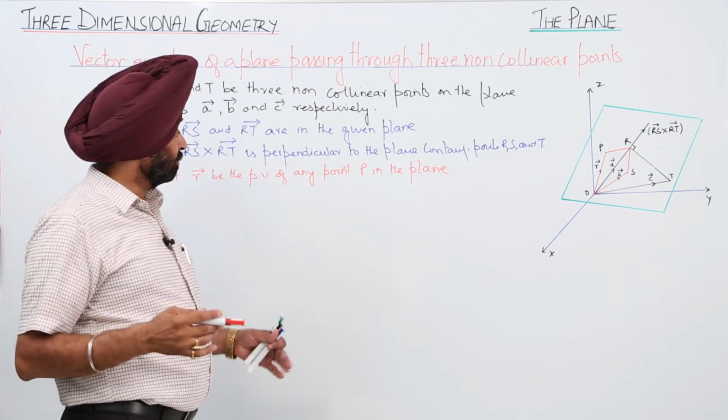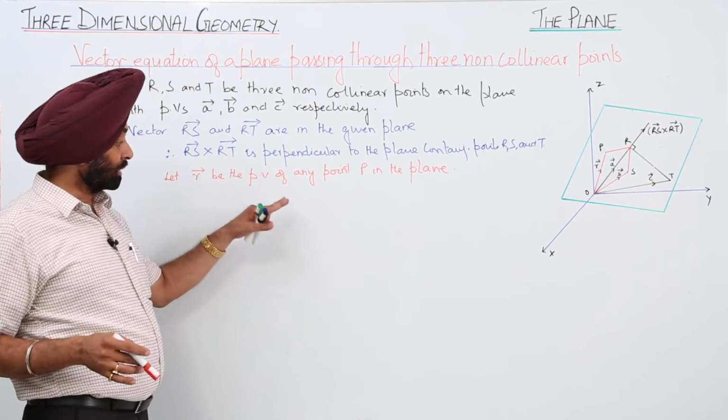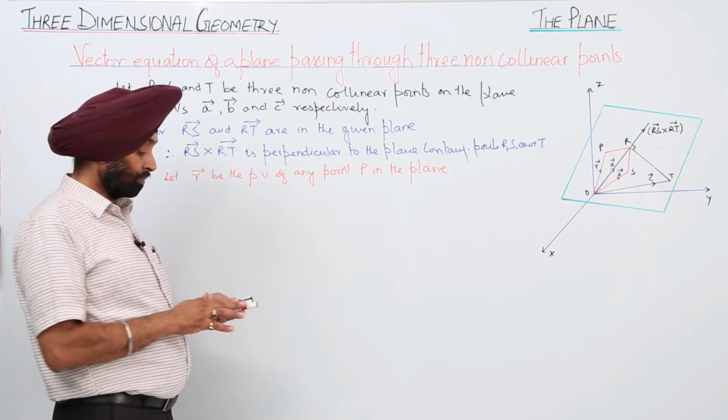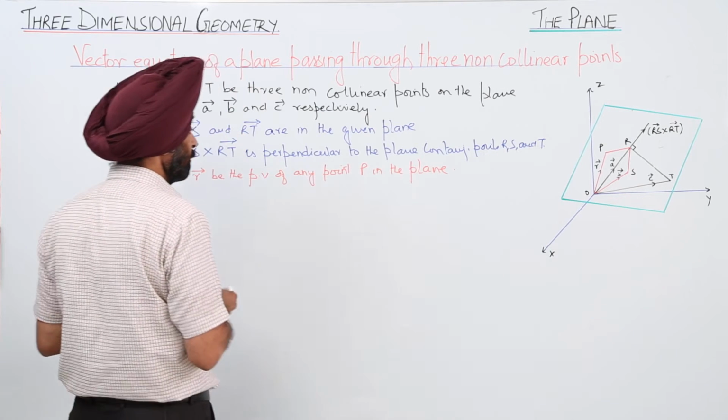Now we are getting RS cross RT and we are getting vector R, then the equation of the plane, now